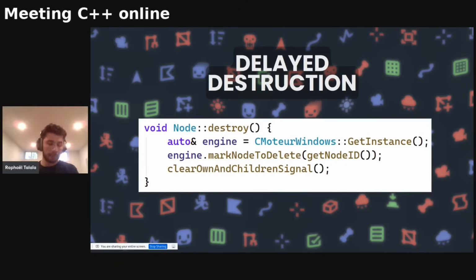And upon the next frame, we go through the scene tree, through the nodes. When we know that a node must be destroyed, we just swap it with a null pointer, erase it, and let the unique pointer do the job. So it's very easy, both to read the code, I would say, and to make sure